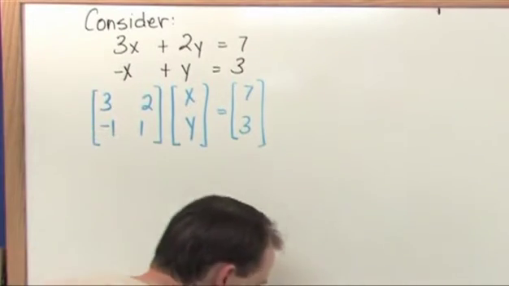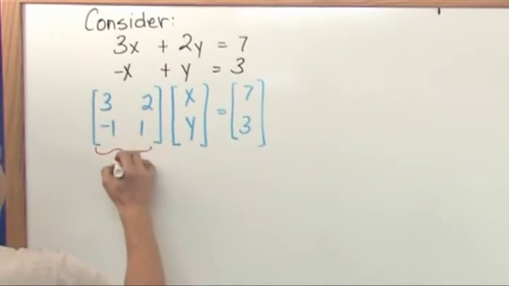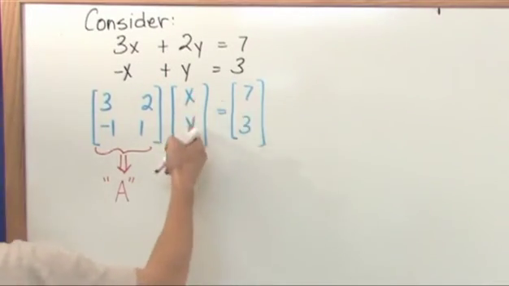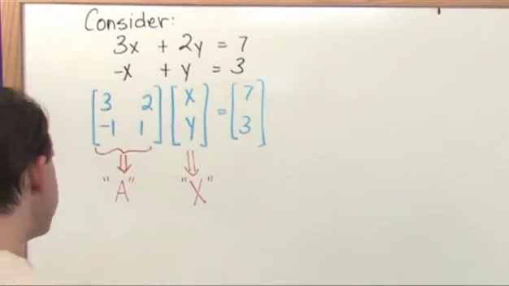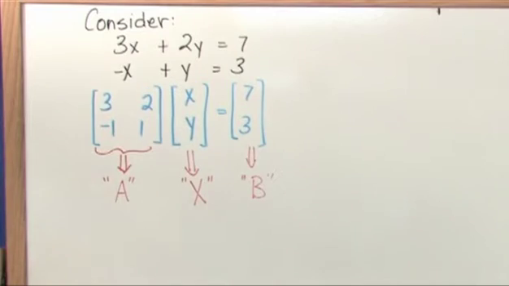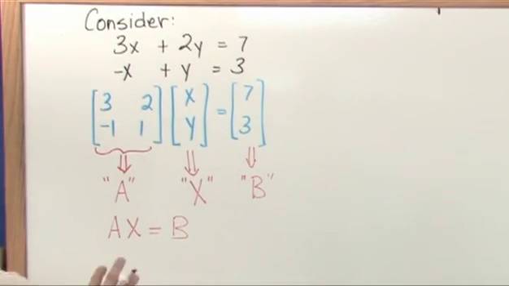What you need to remember and learn is that the matrix that has the coefficients of everything is called, in general, the matrix A. I'm going to put little quotes around it. The matrix that has the actual variables that you're trying to solve for is called big X. We'll talk about that in a minute. The matrix on the right-hand side of the equal sign is called B. So what you have is A times X is equal to B. Matrix A times matrix X is equal to matrix B. That's the matrix representation of this. This is called the matrix form, the more compact way of saying